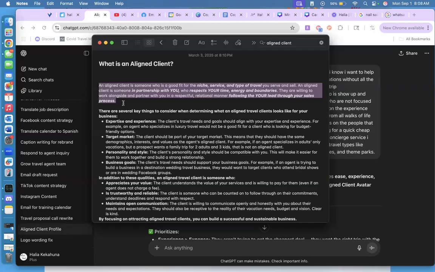Even as a day one agent, you have access to all of the same tools, resources, knowledge, all the things that everybody else does in our company. So you also have that mentorship. You have those tools and resources to go to, whereas a consumer does not. So you are the travel expert. You are the business owner. You have your own sales process. And if you don't have your own sales process, then that is something you need to work on.